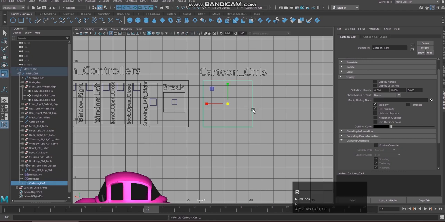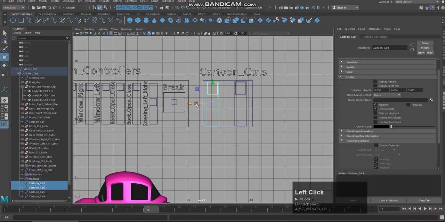I'm going to reduce the size of it. Again I'm going to give Control D and reduce the size of it. So this is for stretch and squash, and Control D, this is for twist.